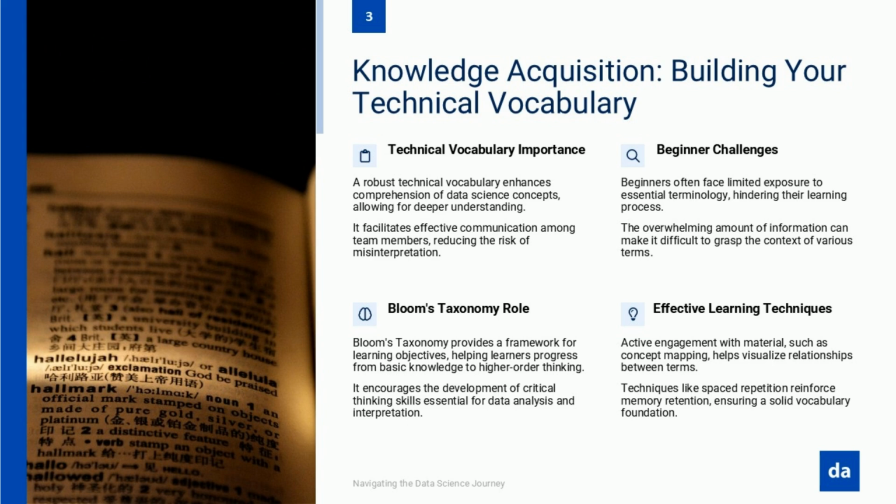The difference between memorizing terms and understanding their relationships is like the difference between having individual puzzle pieces and seeing the complete picture. When you understand relationships, you can place new concepts within your existing knowledge framework, making them easier to recall and apply. Rather than learning that an algorithm is simply a set of instructions, you understand how it relates to models, how different algorithms serve different purposes, and how they connect to the broader data science workflow.